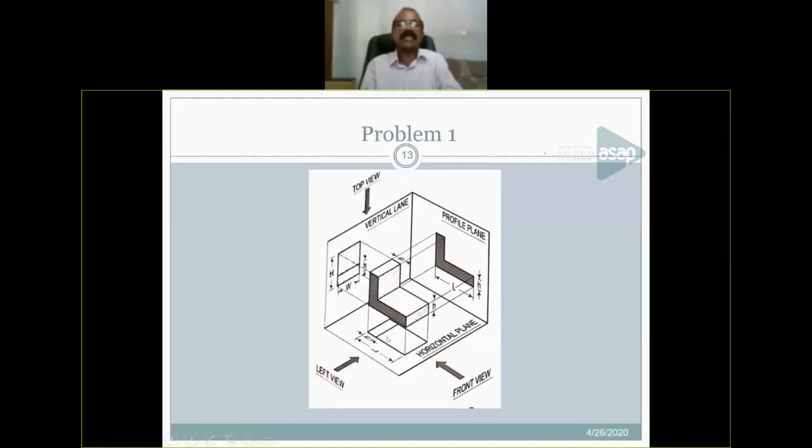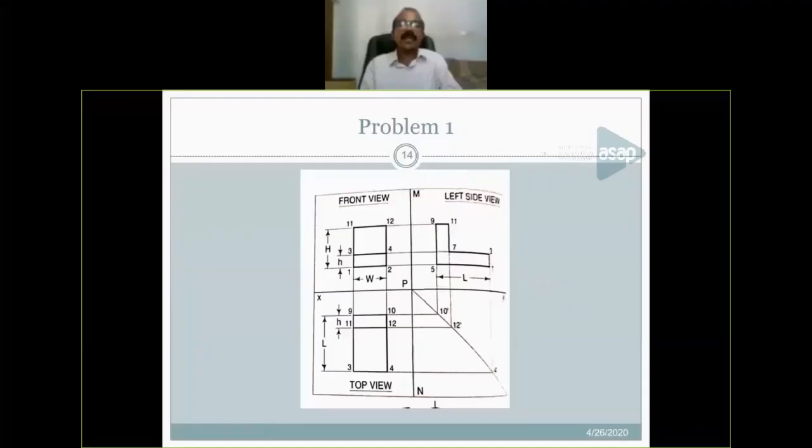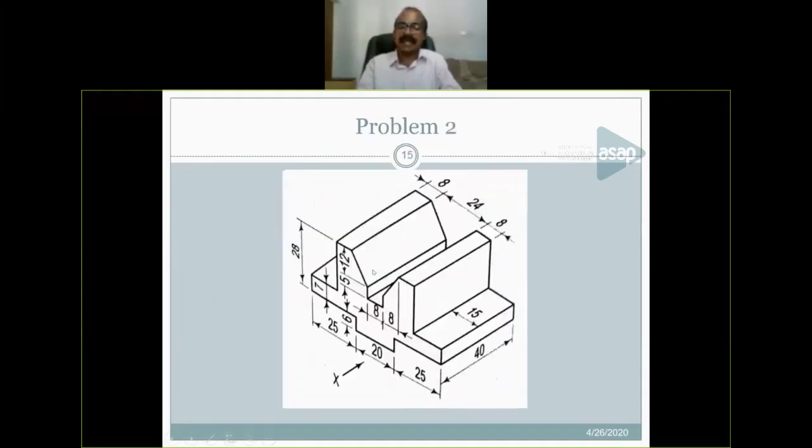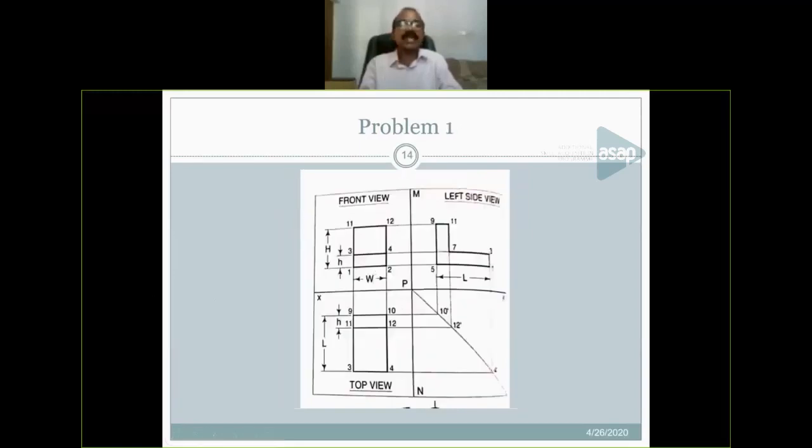See, in this figure you can see, first you have to draw the front view or elevation. Consider the points 1, 2, 3, 4, 11 and 12. Different points you have to mark. But elevation points should be 1 dash, 2 dash, 3 dash, 4 dash, 11 dash, 12 dash. That you have to correct. Elevation points, front view points, and the corresponding plan points. These are the elevation points. You have to denote 1 dash, 2 dash, 3 dash, 4 dash, etc.